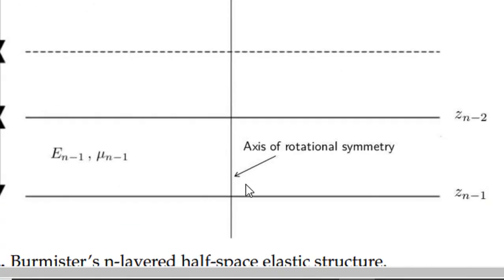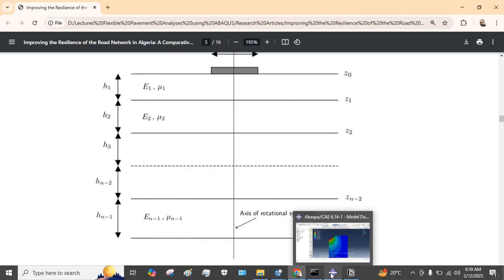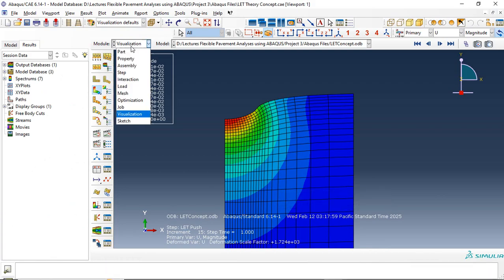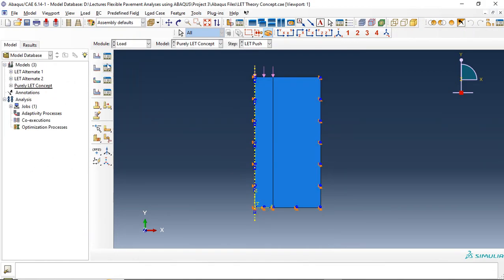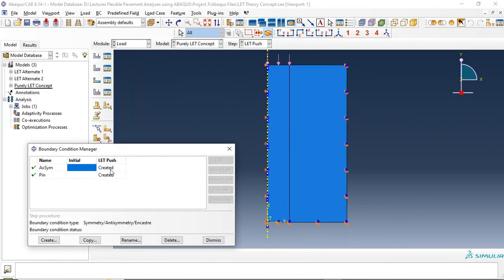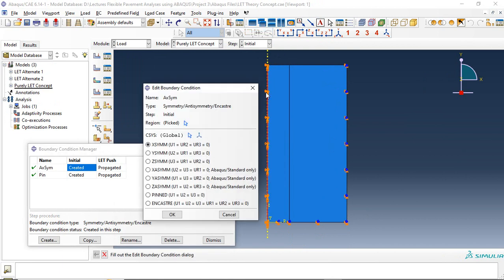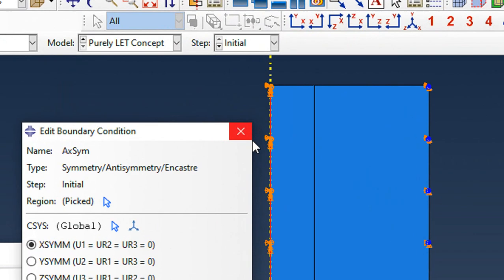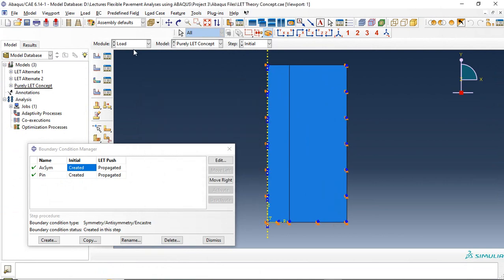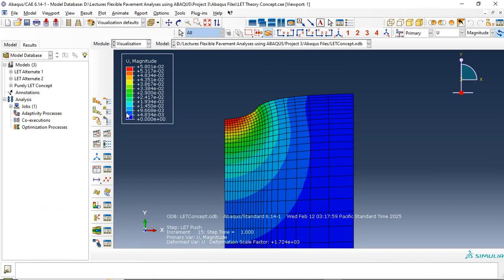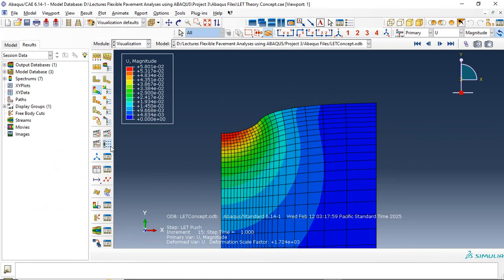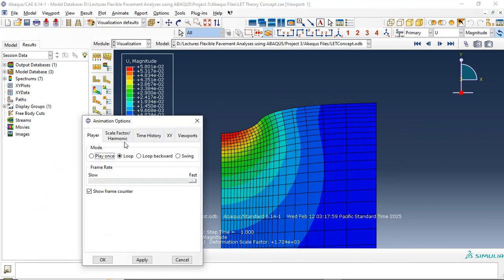This is the axis of symmetry that we considered, and this axis of rotational symmetry. So this axis of rotational symmetry that we are seeing right now, as in if I go to the load module, actually this is the rotational symmetry here. So move to left, move to left, axis of symmetry. This is actually what you can see here. So with respect to this axis of symmetry, if you are simulating your file,